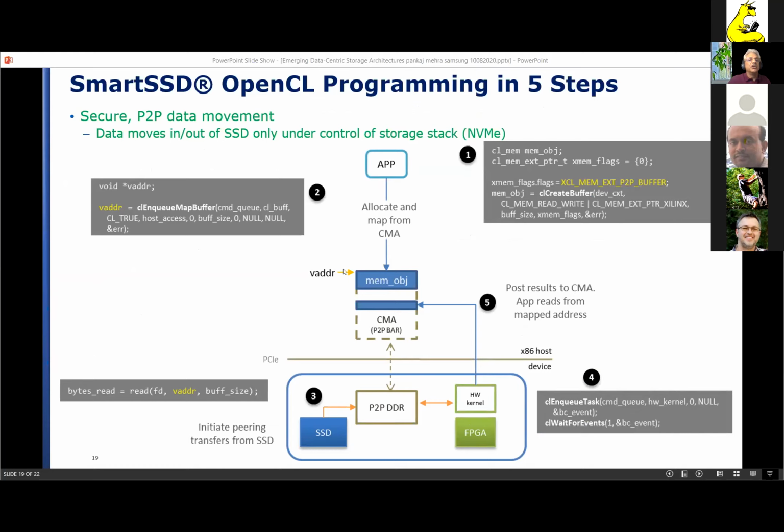And then you can map that buffer and just do standard read-write operations using NVMe commands under the hood or NVMe commands directly. And then you can trigger the IP that's on the FPGA using OpenCL commands such as clEnqueueTask. And then you can read the results back. Okay, it's pretty simple. Sometimes the code changes are just less than 10 lines of code in a typical application.